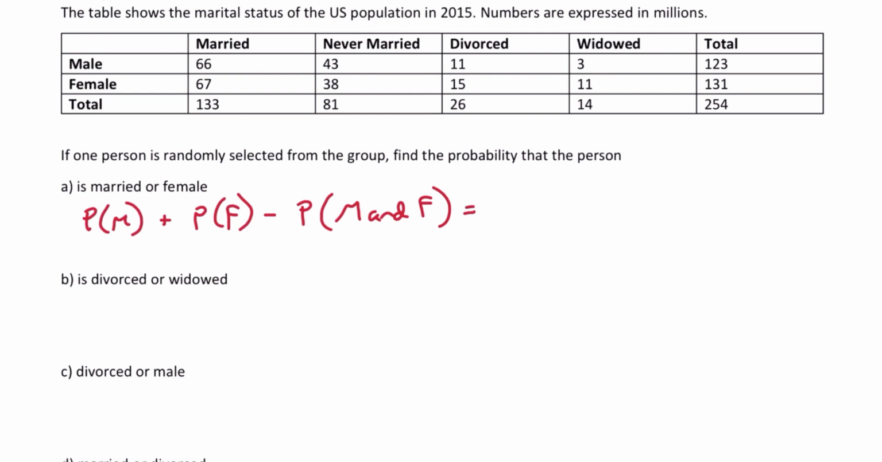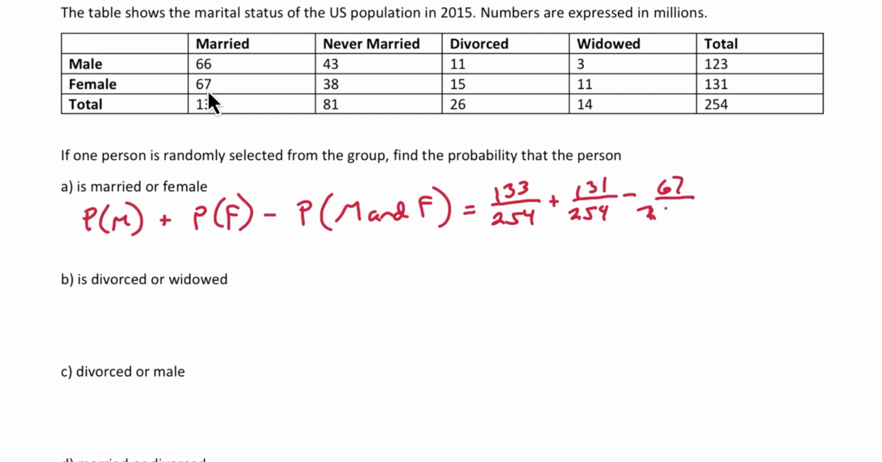Probability of being married, we can see in this column that there are 133 married out of a total of 254 people, or means add. The probability of female, we can see the female total is 131 out of 254 total. But then we need to subtract the probability that they are both married and female. The married females are 67